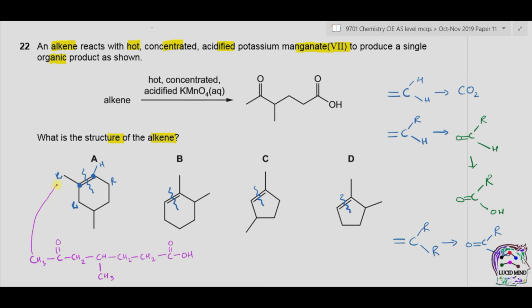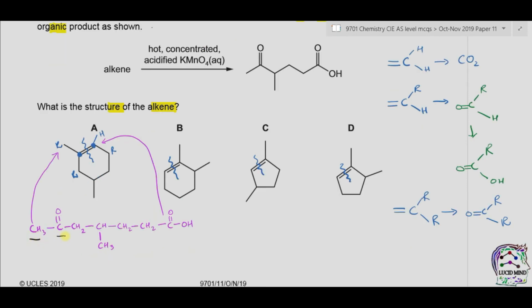Where this CH3 is this one and this COOH is this carbon. Now in the product we have 7 carbon atoms in the long chain and methyl group is attached with the 4th carbon. While in the compound shown we have 6 carbon atoms in the long chain and methyl group is attached with the 3rd carbon. So A is incorrect. For compound B, we can see that this carbon atom is attached to one alkyl group